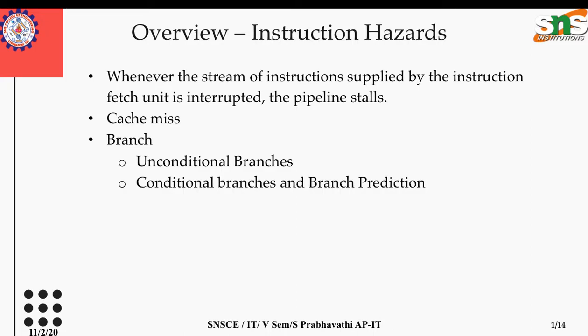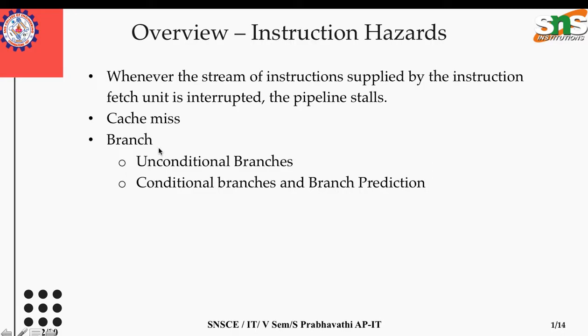Okay, so in the previous topic we have covered cache miss. When the instruction is missed in the cache, then definitely that instruction will reside in the main memory and that has to be fetched. And we have seen that fetching the instruction from the memory or writing to the memory will take a long time when compared to the processor calculations, is it not? So that we have covered already about the cache miss. And now we are going to cover in detail about branching.